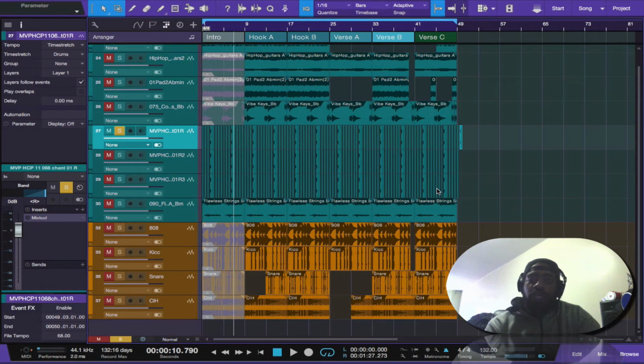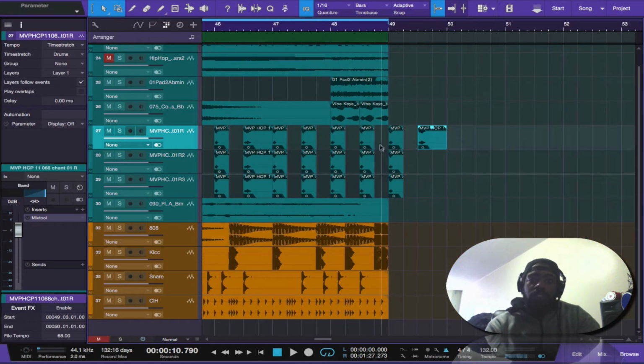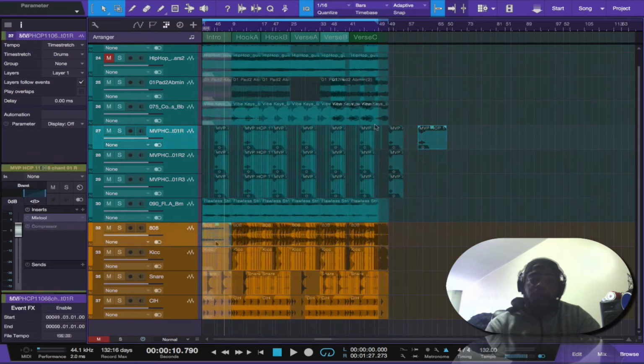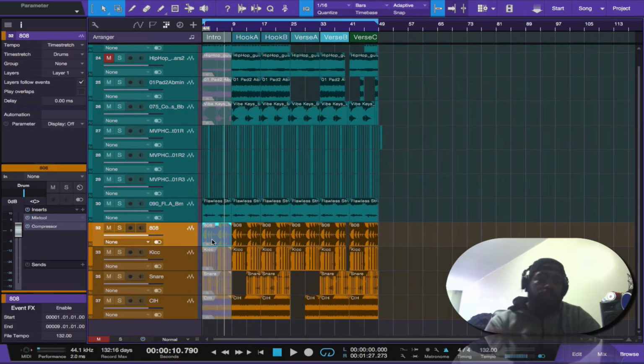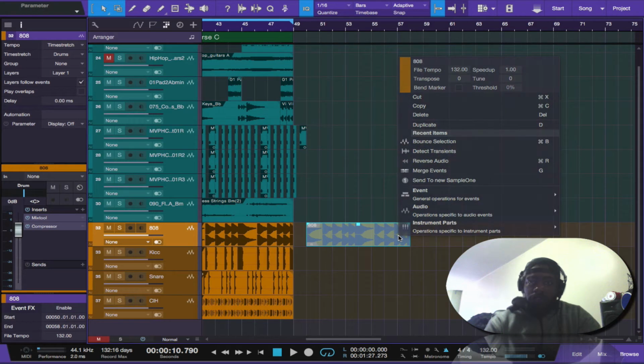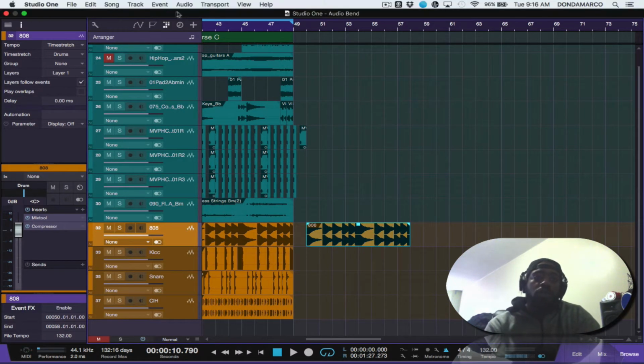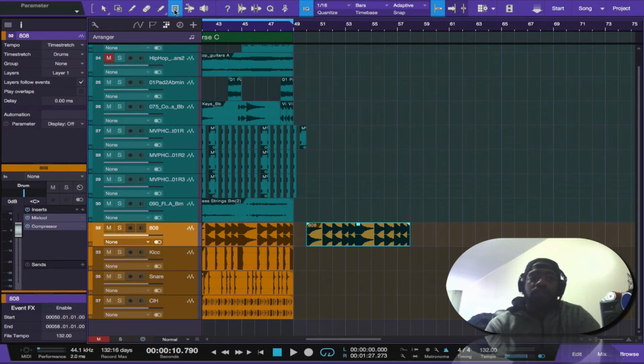The other tool that I wanted to showcase in this video was the fade tool or the trim tool. Alright, so I'm going to unmute this. The 6 tool is the mute tool. Press 6 on your computer keys, or you hover above here and you press the N. Alright, so